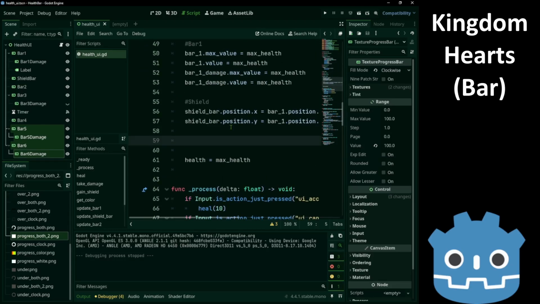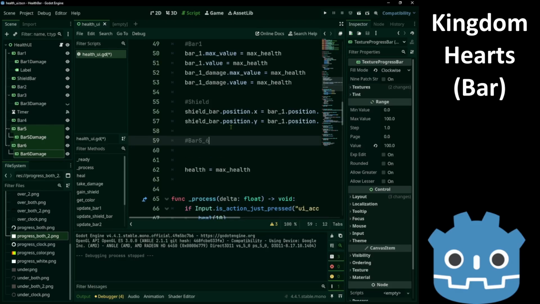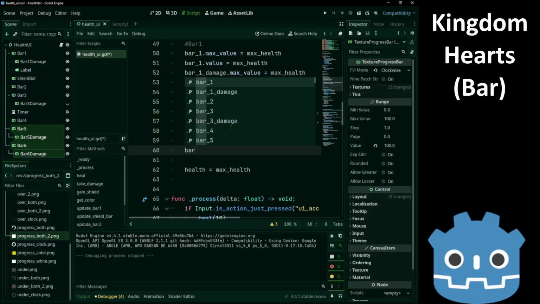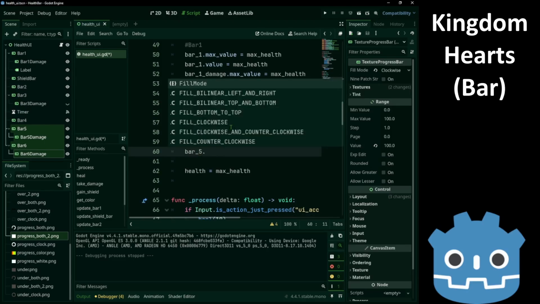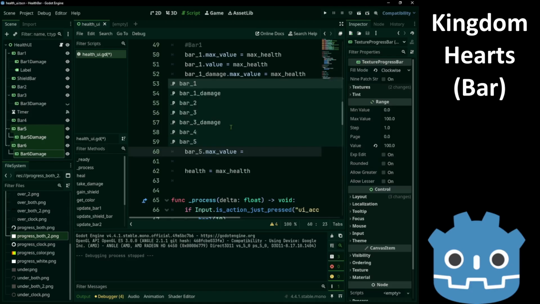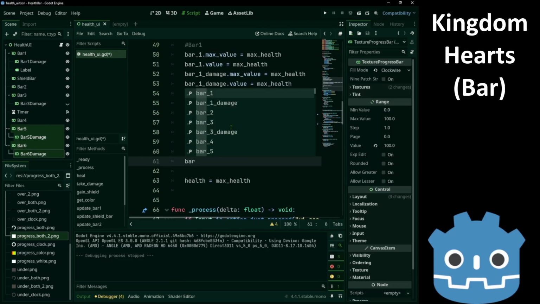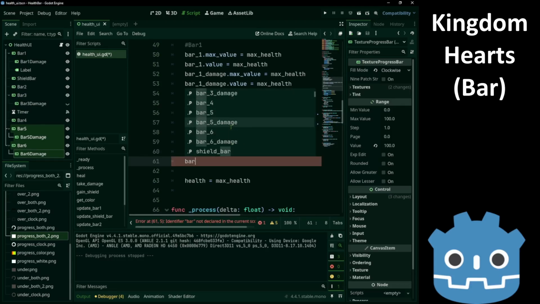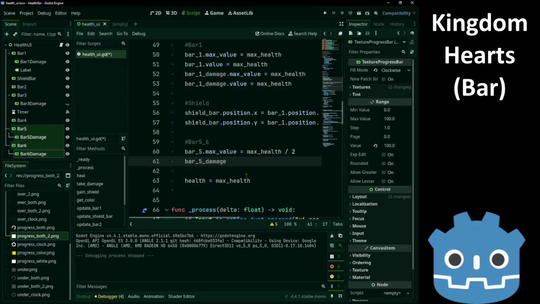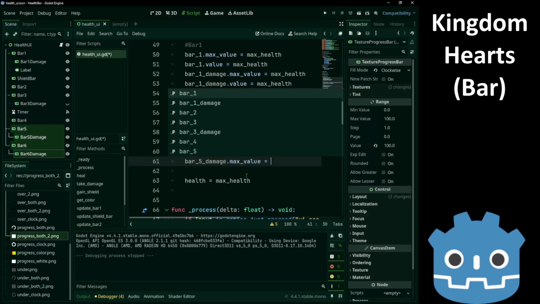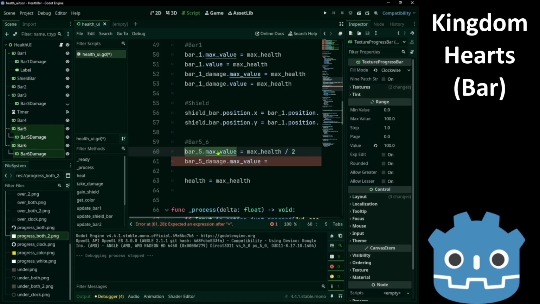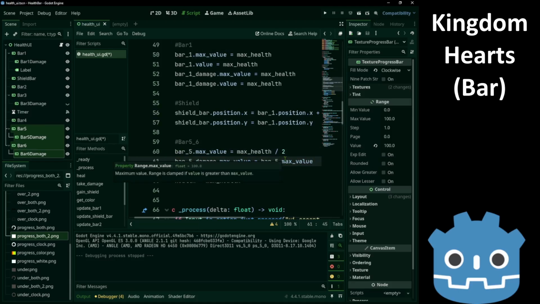Now to fix that, we'll go in the ready function. Set the max value for bar 5 as max health divided by 2. And bar 5 damage dot max value is going to be the same. I'm taking the max value from bar 5 so that we don't do the division again.